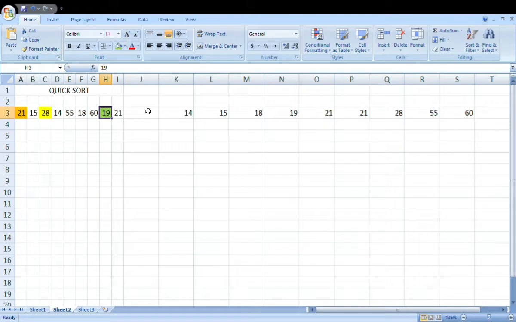Among these two, 28 and 19, the bigger value is on the left side and the smaller value is on the right side. 19 should be on this side and 28 on the other side, so it will swap 28 and 19.